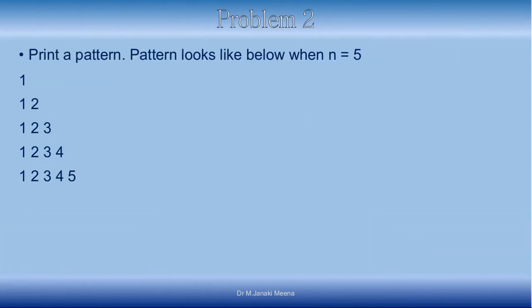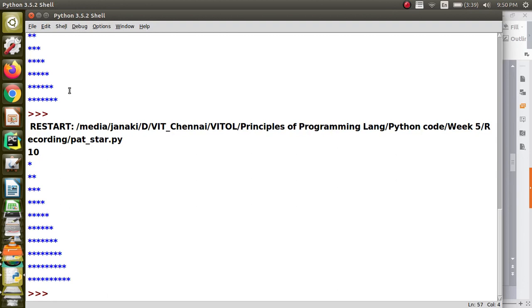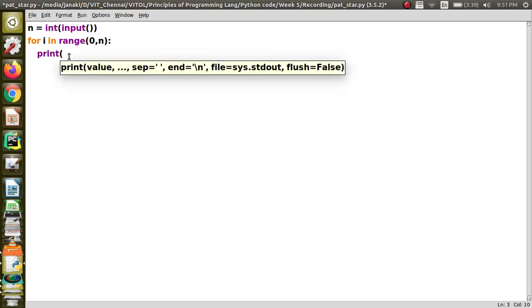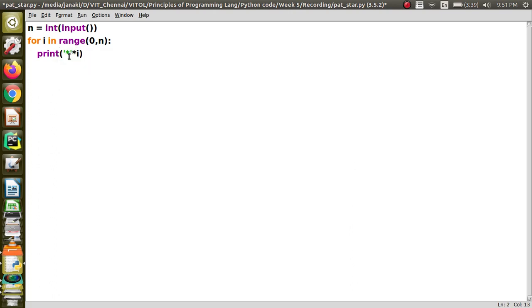So the second problem. Okay, before this I have to say something. Actually this is the way we do it in other languages also. This is the logic behind the solution, but Python has something special. So we will try to write a solution for this using that. What we can do is, we have a print, and in that print I want to print star. How many times I want to print is i number of times. Okay, for this I will change, or I can say i plus 1 number of times.